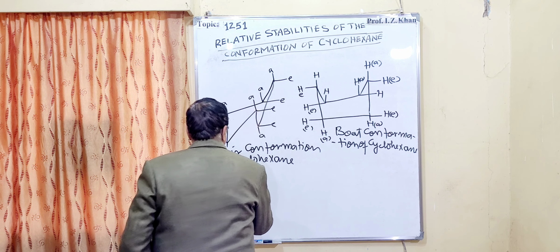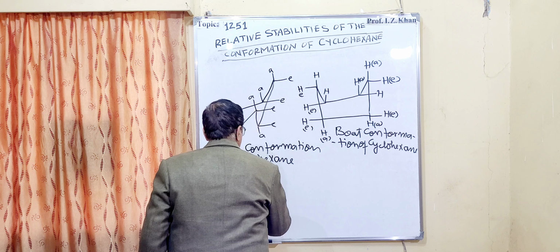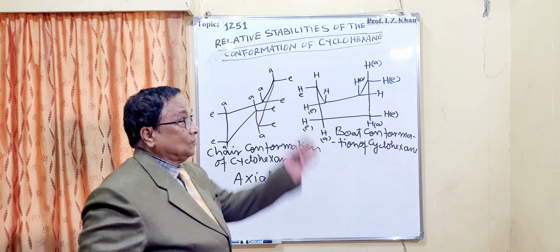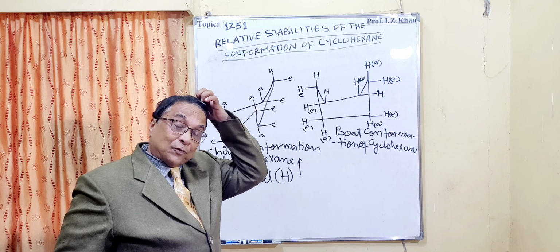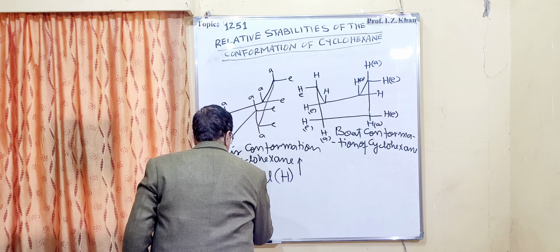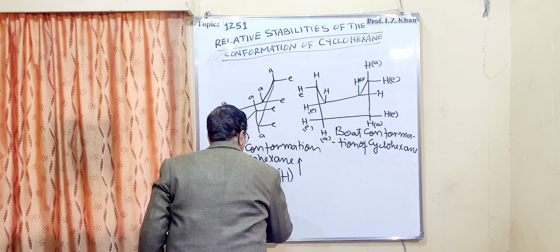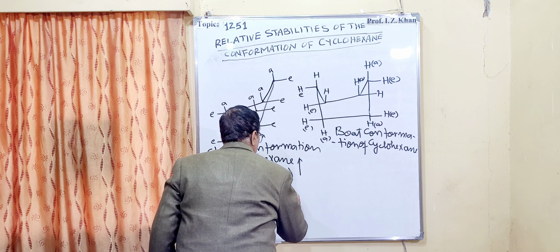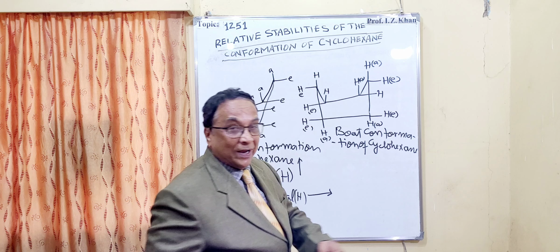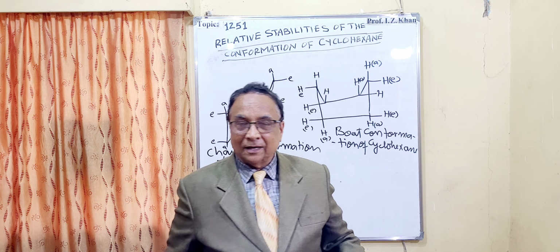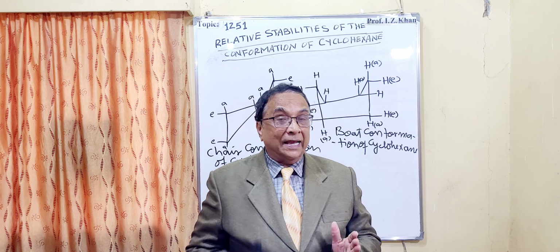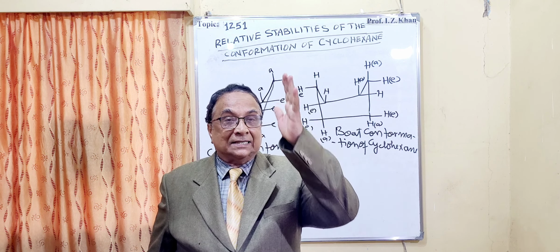One is called axial hydrogen bonding, and it is vertical. So once it is vertical towards the axis, it is called axial, and the other one is called equatorial. Equatorial hydrogen means it is towards the equator, horizontal. So once it is horizontal and towards the equator, it is called equatorial hydrogen, and the one which is vertical towards the axis is called axial hydrogen,